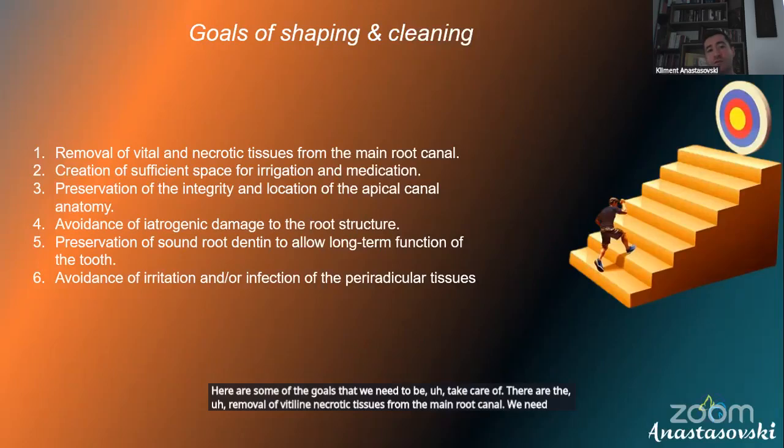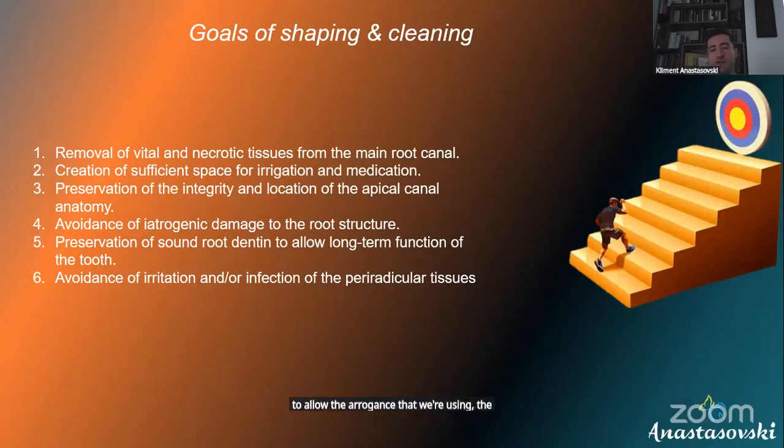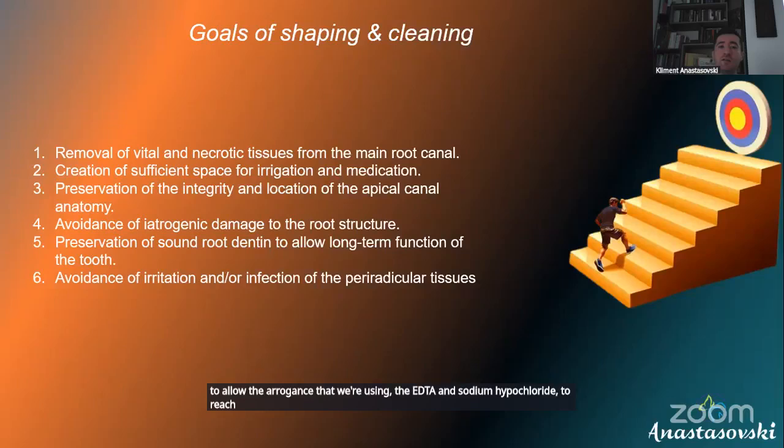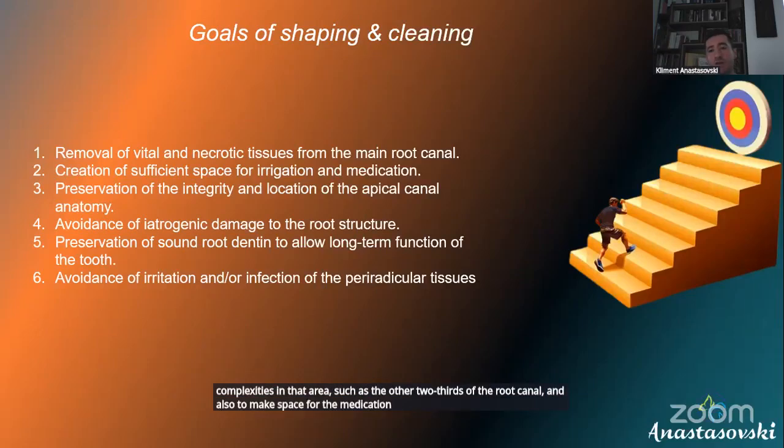We need to be creating a sufficient space for the irrigation and medication, as I said before, especially to allow the irrigants that we're using, the EDTA and sodium hypochlorite, to reach the apical 1/3 of the root canal to make the disinfection, maybe the most important part, where we are expecting a lot of pulpal complexities in that area, as well as the other 2/3 of the root canal, and also to make space for the medication where we are not using single visit